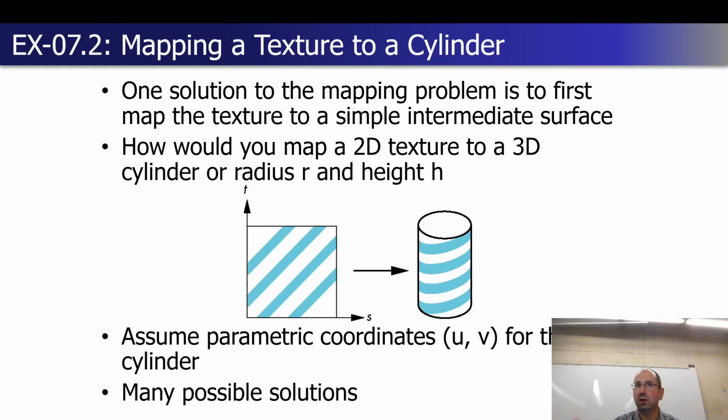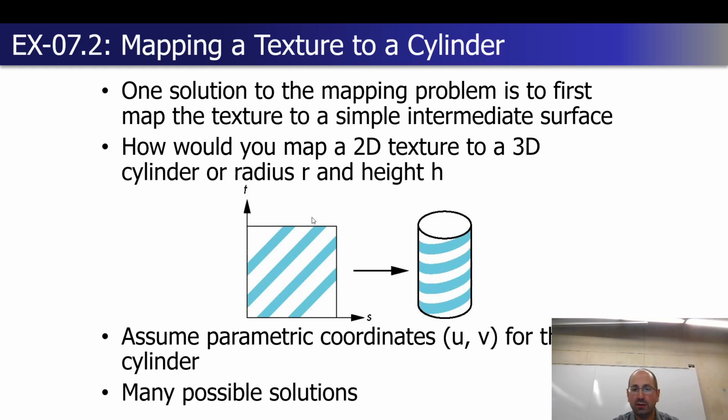Just like for the sphere, instead of worrying about x and y and z originally, we just say we have the u and v corresponding to the rotation and then in this case the height of our cylinder. We can iterate through that to generate our vertices. We can then do the same exact thing for our texture coordinates as well. There are many possible solutions because there isn't one way to map a texture, but if we had a soup can texture and we had a cylindrical can we wanted to map it to, the straightforward solution that would look reasonably good is,